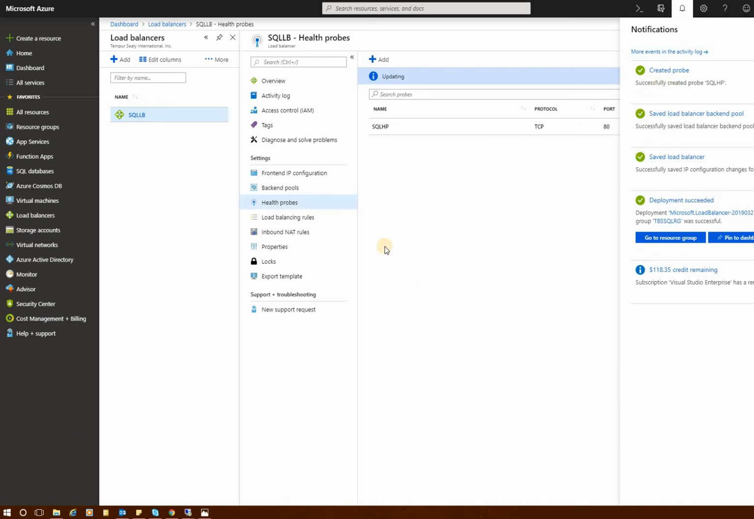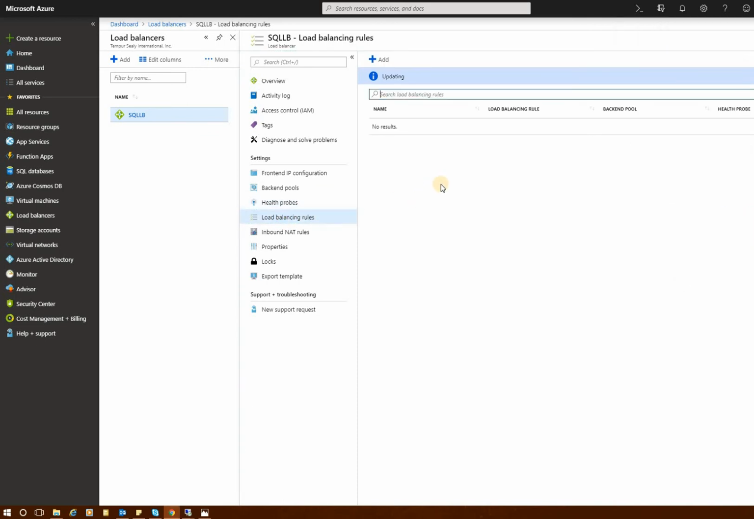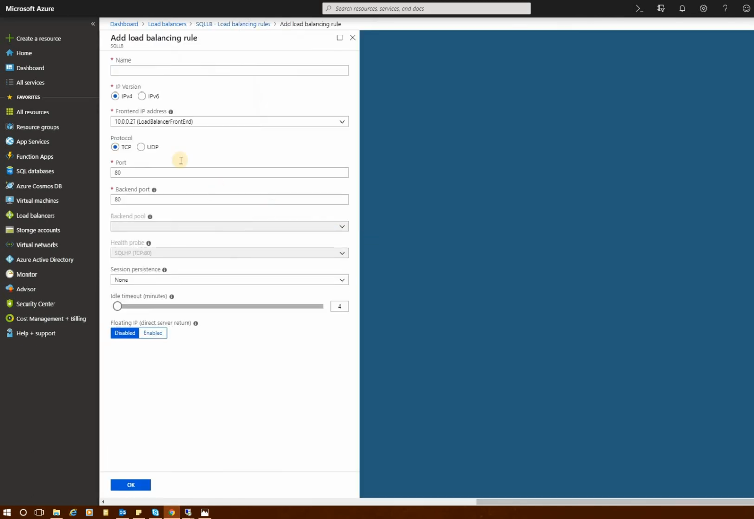Created probe, completed successfully. Let's click on load balancing rules. This is very important. Without this, it will not work. Nothing will work for us. Click add,